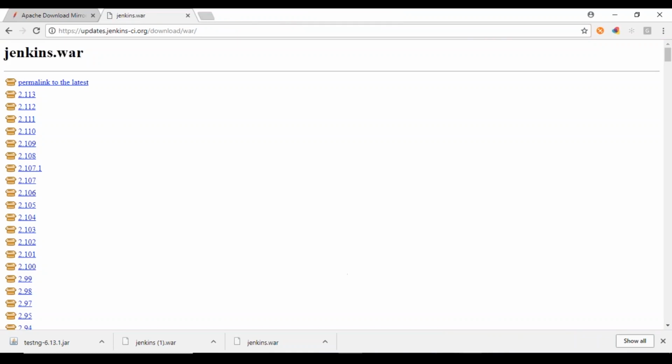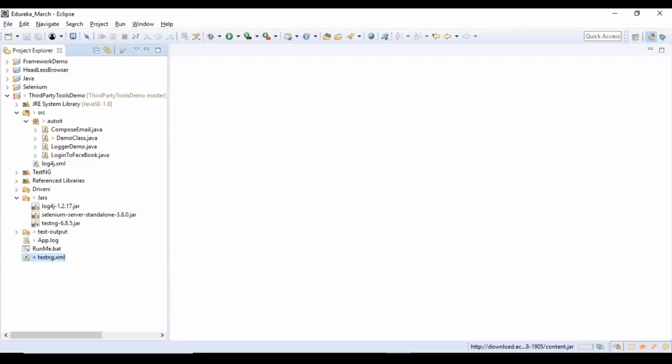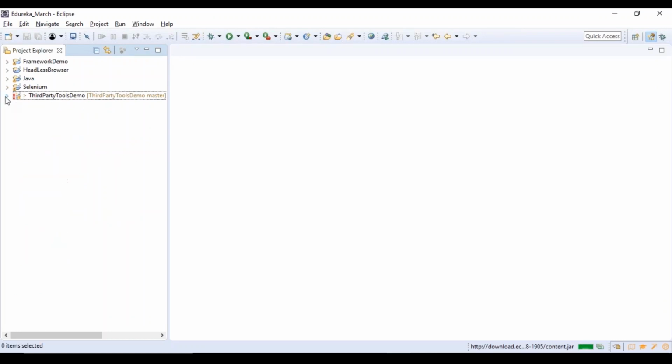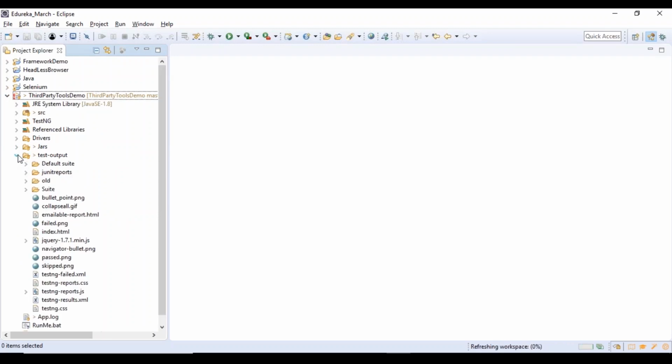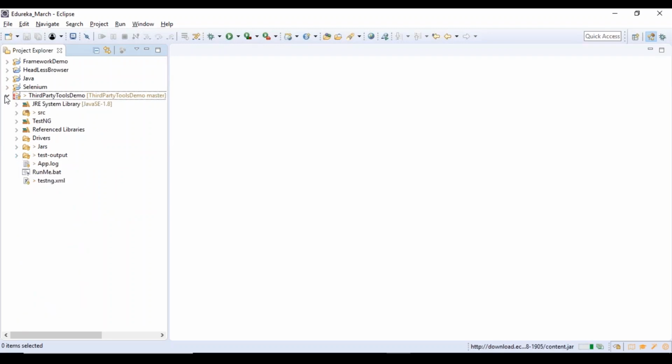And the last tool that we are going to discuss for today's class is your Maven. So what do you mean by Maven? Maven is a third-party tool. Okay, it is also called a build tool. So this build tool will help you to build the dependencies automatically. That means you don't have to install all the dependencies. Dependencies are nothing but the external jar files, the driver executable files, or whatever files you have downloaded from the